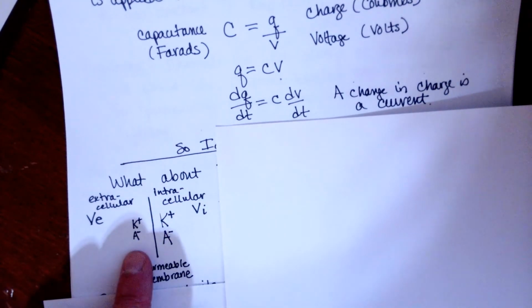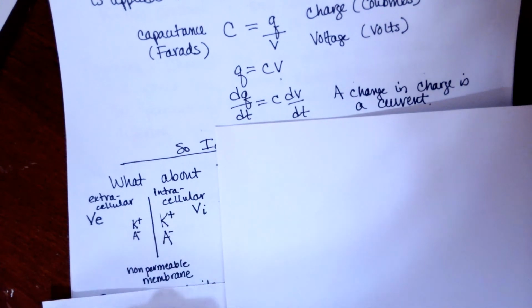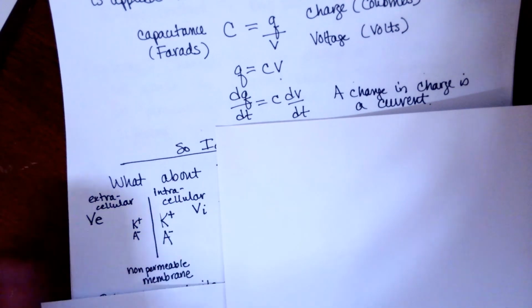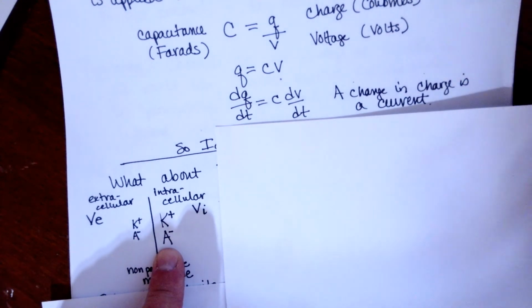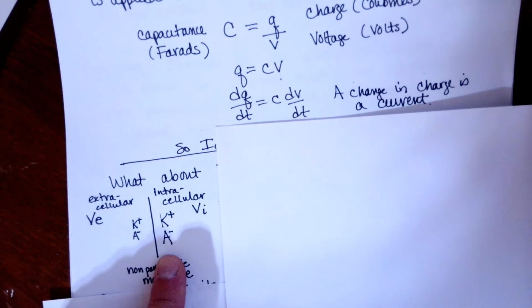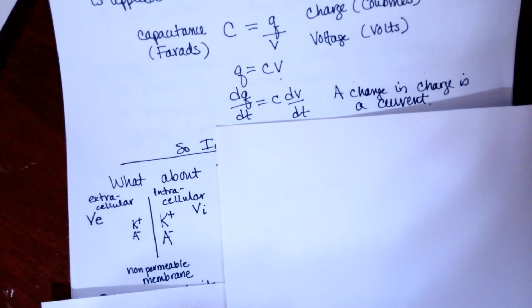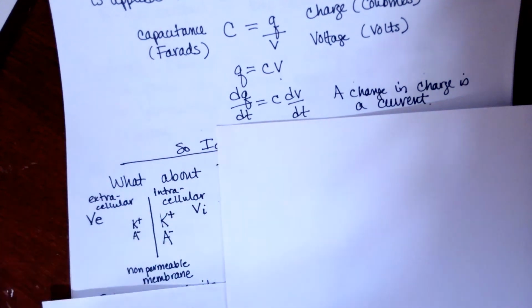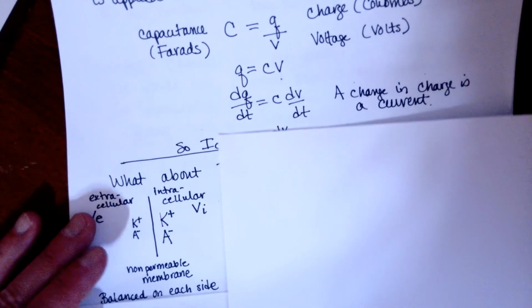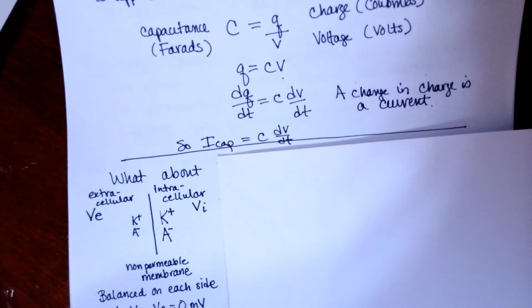And we have ions with different charges outside and inside. So if we have a non-permeable membrane, these ions cannot move across the membrane. And I'm thinking about the size of these letters representing something like the size of the concentration of some particular ions. In this case, for the positive one, I'm thinking about potassium, but in neurons, usually we model what's happening to potassium, to sodium, maybe to calcium ions, and we have to worry about kind of all of that. All right, but in this case, we're thinking about having a balanced situation on each side of the membrane,